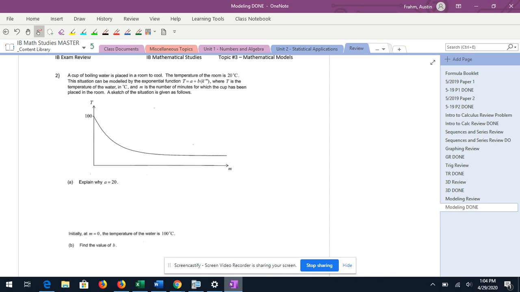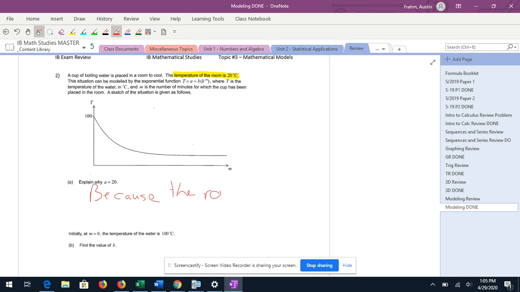So letter A says to explain why a equals 20. Now, again, you kind of need to think back and remember properties of exponential functions. So this a value in the equation, and if we look at the sketch of the graph, notice that they tell us the temperature of the room is 20 degrees Celsius. That is where they're getting this a value of 20 from. And the reason why a is 20, and what we would want you to write down, is because